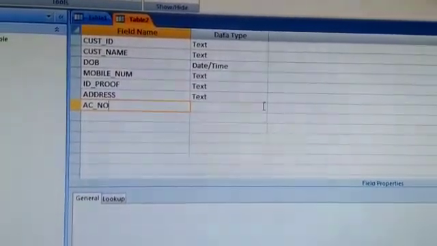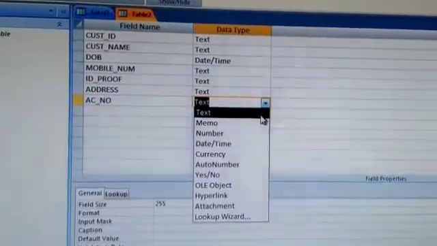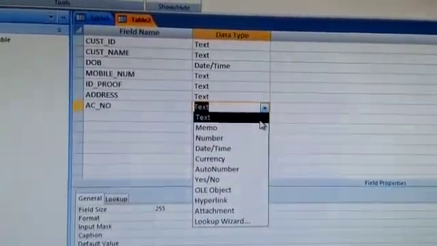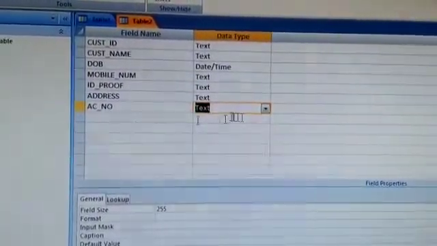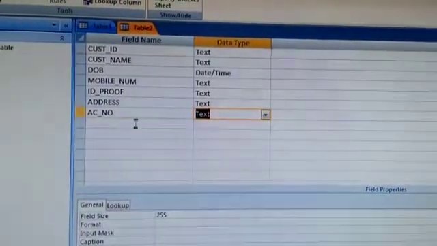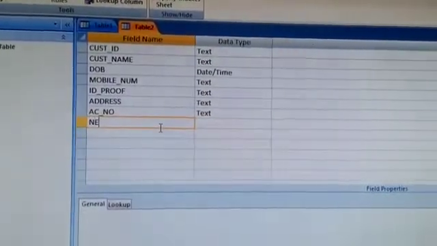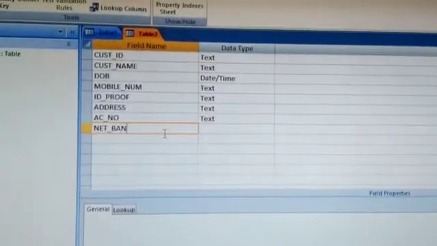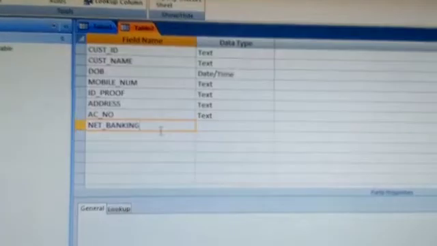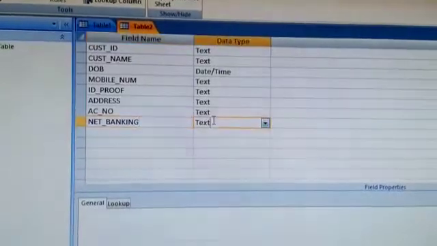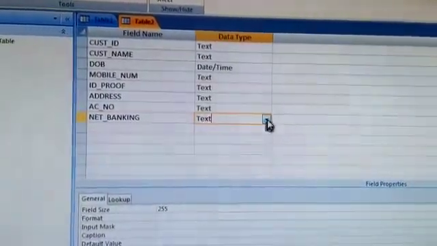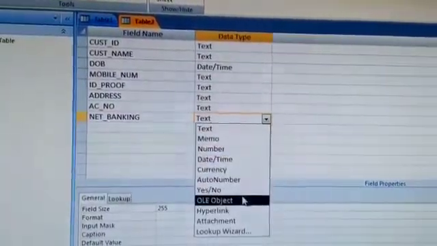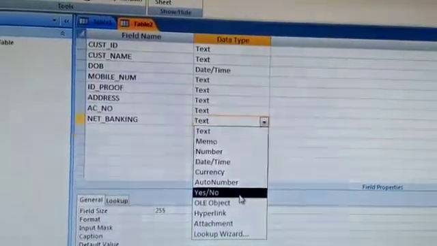Account number can have alphabets and numbers both, so we will use the data type text. Lastly, net banking. Whether the customer has availed net banking facility or not. For this, I will choose the data type as yes or no.